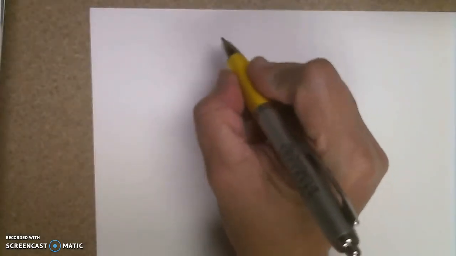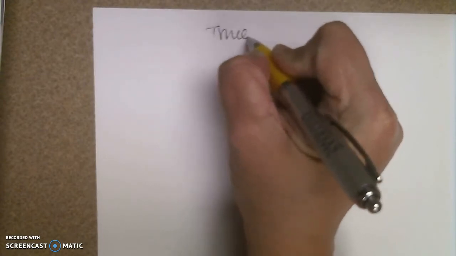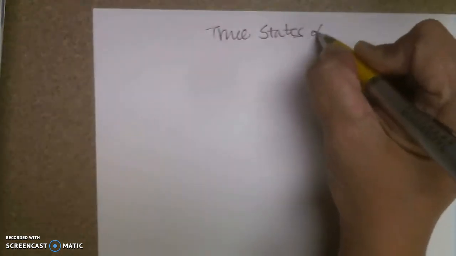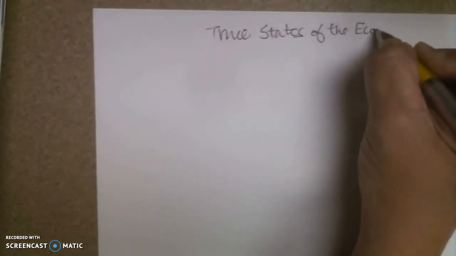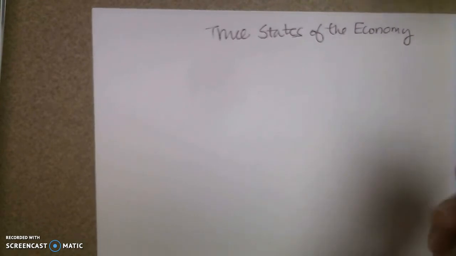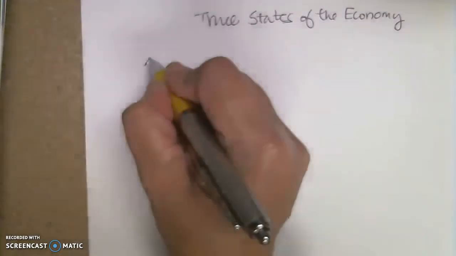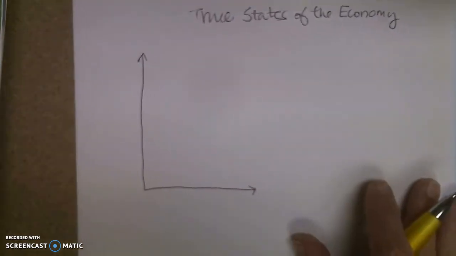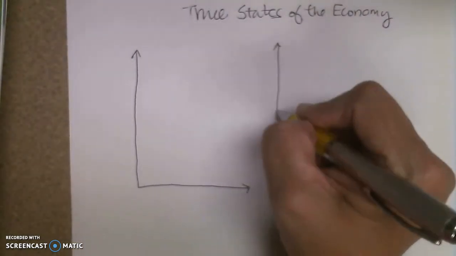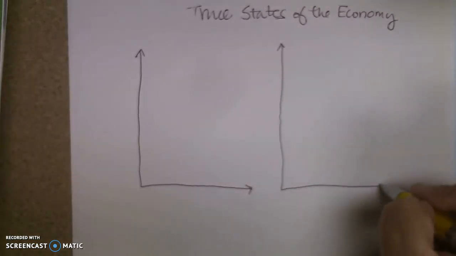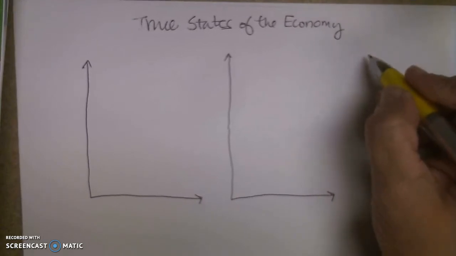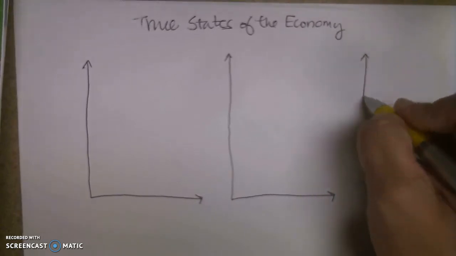So let's start and recap with the last thing that we talked about last week, which is the three states of the economy. Now, when we talk about the three states of the economy, it's very important that we talk about what's happening here. Where we had supply and demand in the first few chapters that we covered, we're going to look at the same thing, except now rather than demand, we're looking at aggregate demand. And rather than supply, we're going to talk about not just short run aggregate supply, but long run